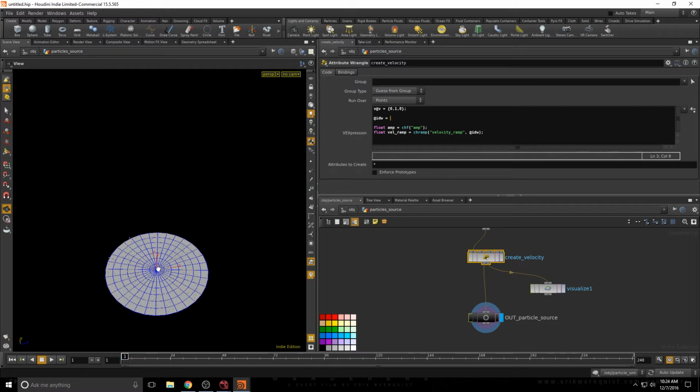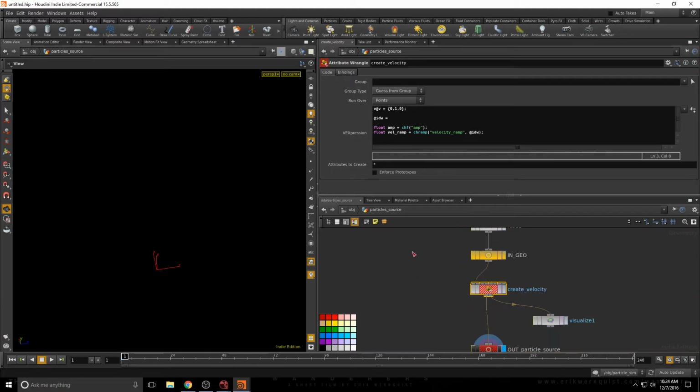So from the center point position to one of these points' position, find out the distance, and then 1 minus that distance will give us a value between 1 and 0, and that'll build us a ramp from the center point to the outside. This works simply here with 1 minus because the radius of this disk is 1. But if you have a changing disk radius or anything, you're going to want to make sure that you update your formula, or you get a reference to the radius so it automatically updates in your wrangle node here. So right now it's 1 minus distance